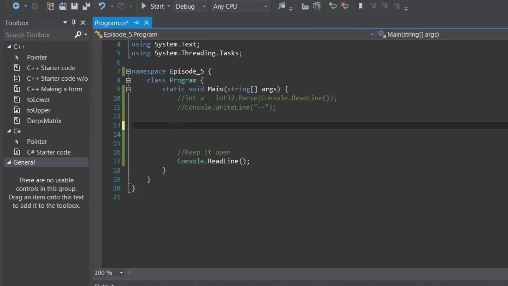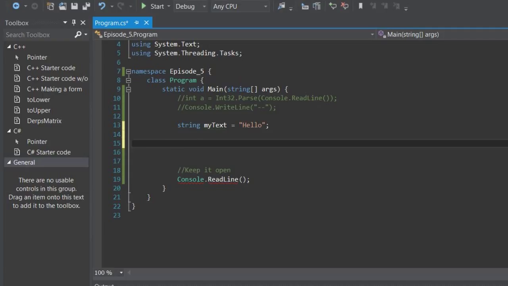Finally, I want to show you the for each loop. This has an implementation with arrays, which is quite useful, and with lists and many other things, but I can't really show you that. The one thing I can show you it with is a string. So if I had a string, let's say my text is equal to hello,